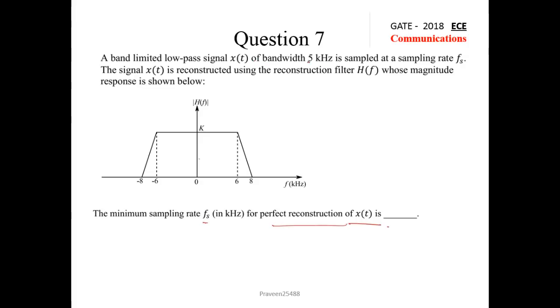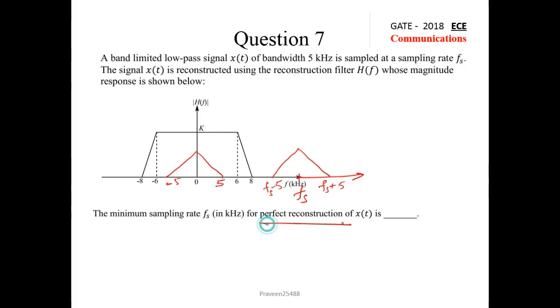It has the bandwidth of 5 kHz, so it will vary from minus 5 to plus 5, and I will draw the adjacent symbol vector at the sampling frequency of fs. So here the upper frequency would be fs plus 5 and the lower frequency would be fs minus 5. So to avoid the overlapping between adjacent symbols,